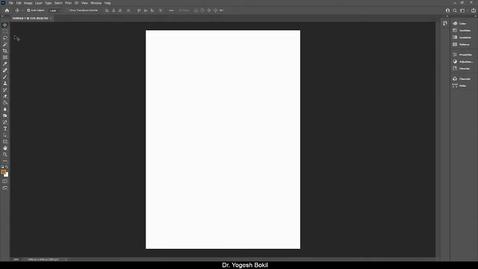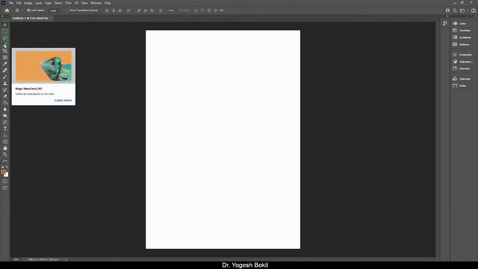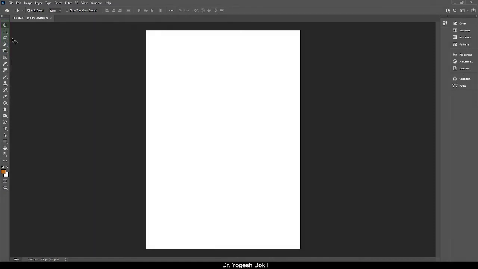At the top, we have Photoshop's move and selection tools, and directly below them are the crop and slice tools. Below that are the measurement tools, followed by Photoshop's many retouching and painting tools. Next are the drawing and type tools. And finally, we have the navigation tools at the bottom.